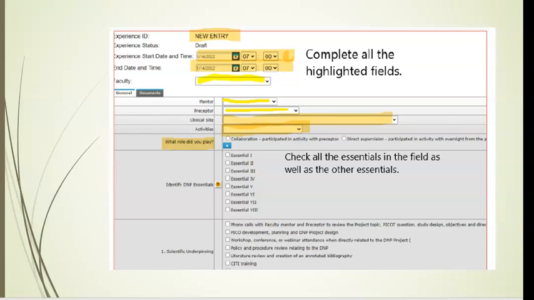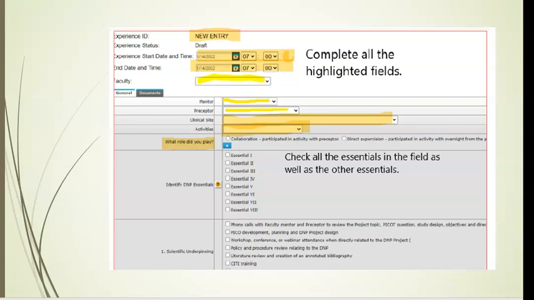Be really careful about how you enter these, because as you can see, this individual entered the same date and the same time. So when the student submitted their immersion hours, they would get no hours because it was actually the same time. We do use military time, so keep that in mind when you are selecting your actual time